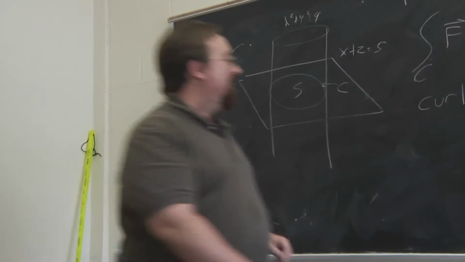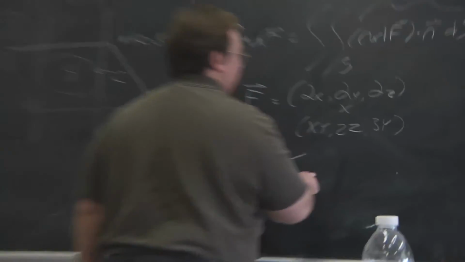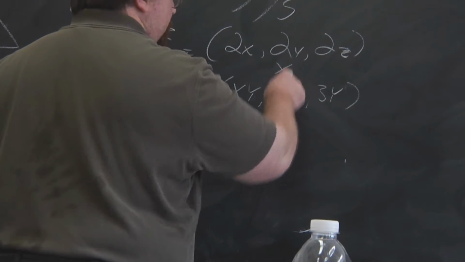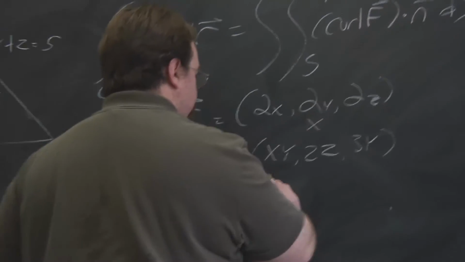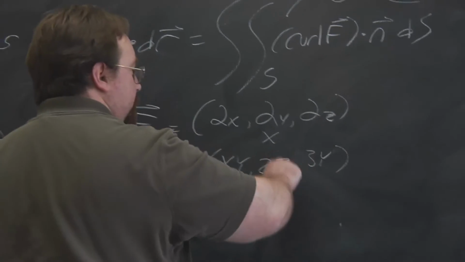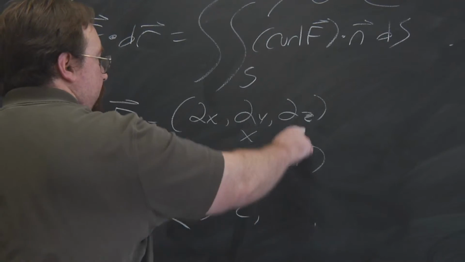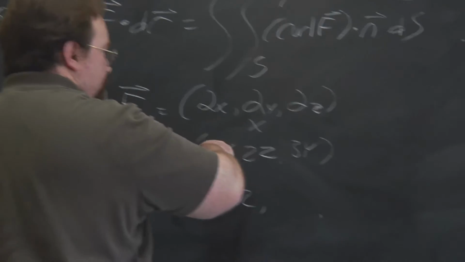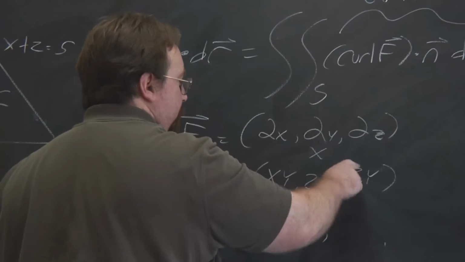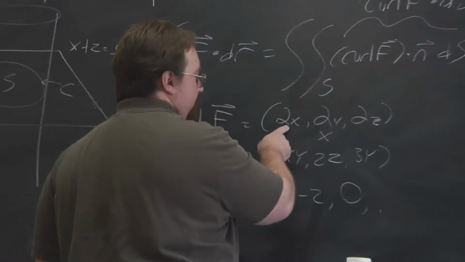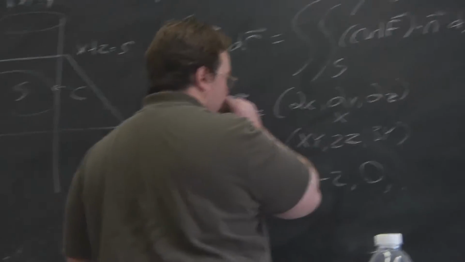Okay, so we compute the cross product. So we're going to have derivative with respect to y of 3y, so it's going to be 3, minus derivative of 2z with respect to z, so it's minus 2. And then here we have derivative with respect to z of xy, that's 0, minus derivative with respect to x of 3y, also 0. And finally, we have derivative with respect to